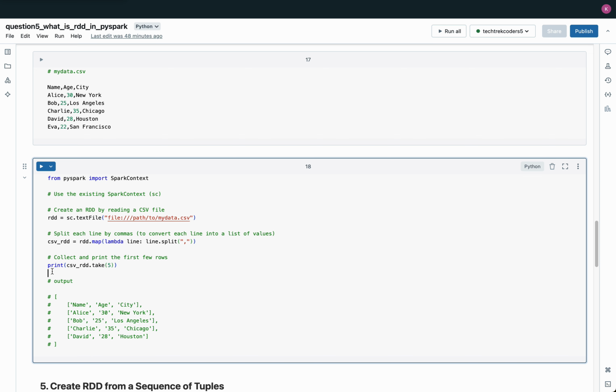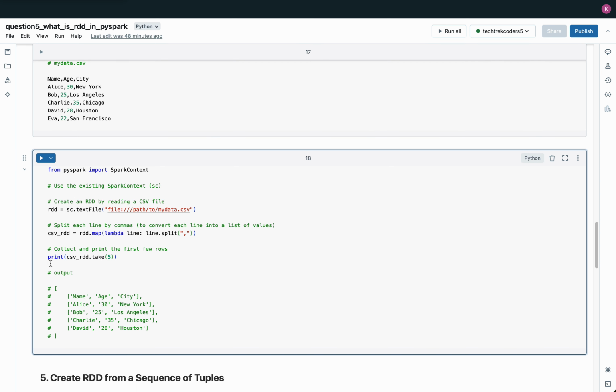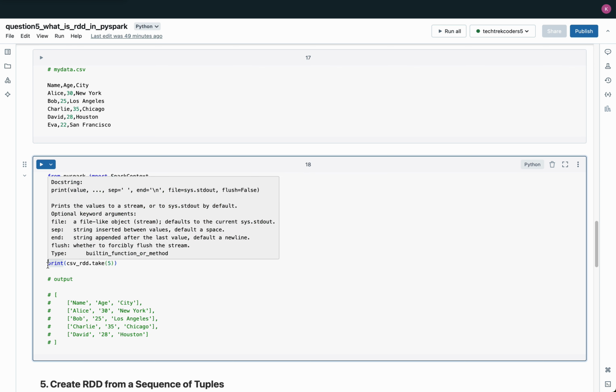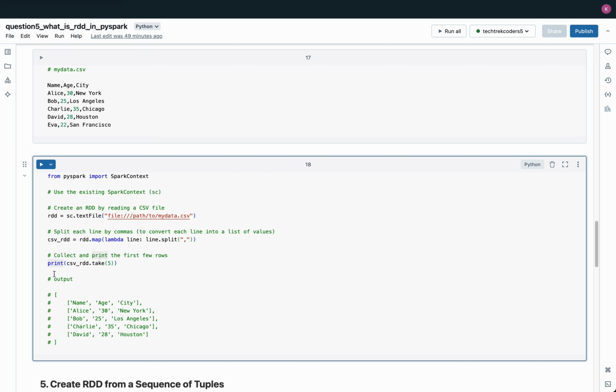After applying the transformation, the take(5) action is used to collect and return the first 5 rows, including the header and the first 4 rows of data. The output shows each row split into its respective columns, with each line of the CSV now represented as a list of values. This approach demonstrates how PySpark can efficiently load and process CSV files by reading the data into an RDD and using simple transformations to prepare it for further analysis or manipulation, all while leveraging distributed computing for